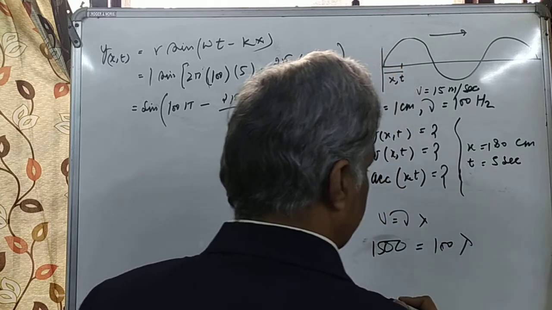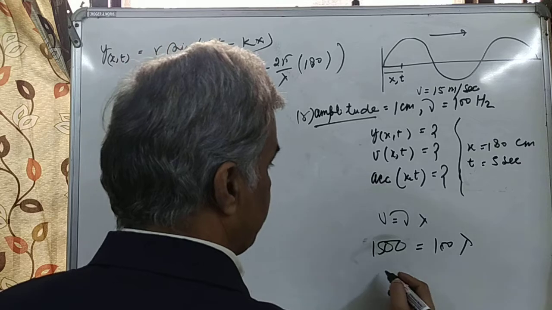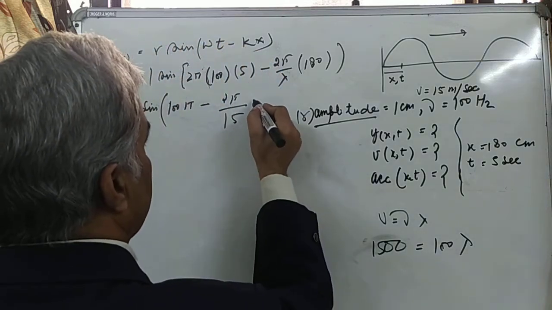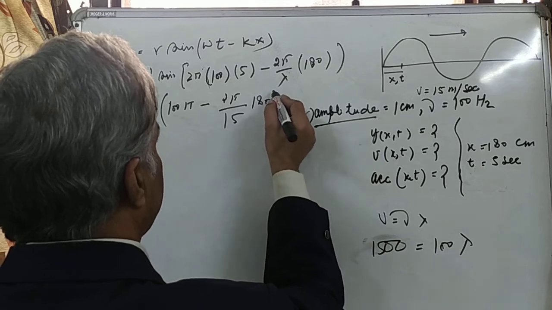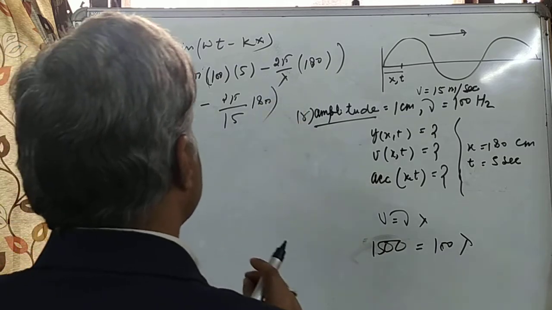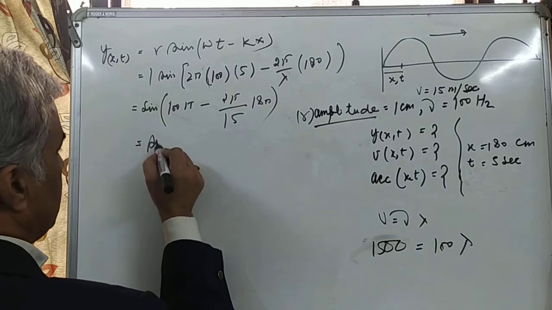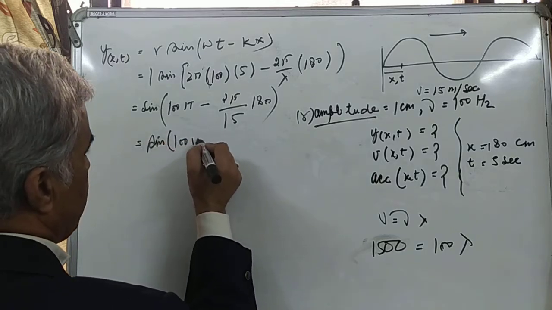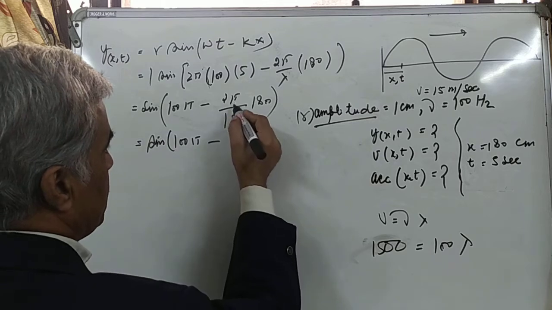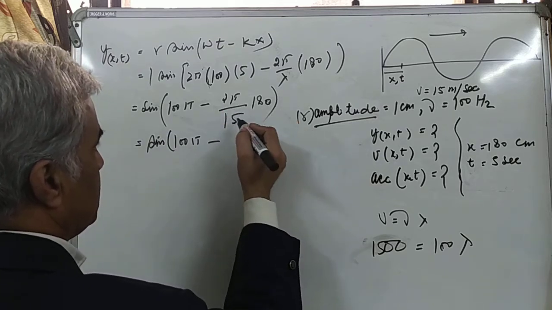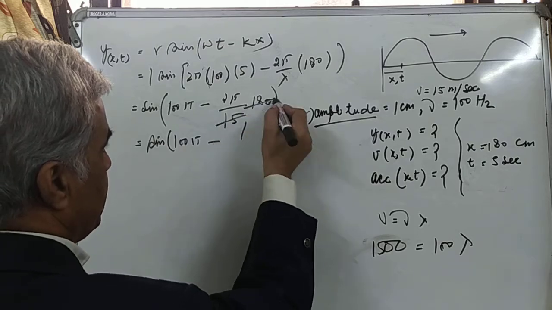So on simplification, lambda is 15 centimeter. So this is 15 and this is 180. On further simplification, it is sin(100 pi minus,